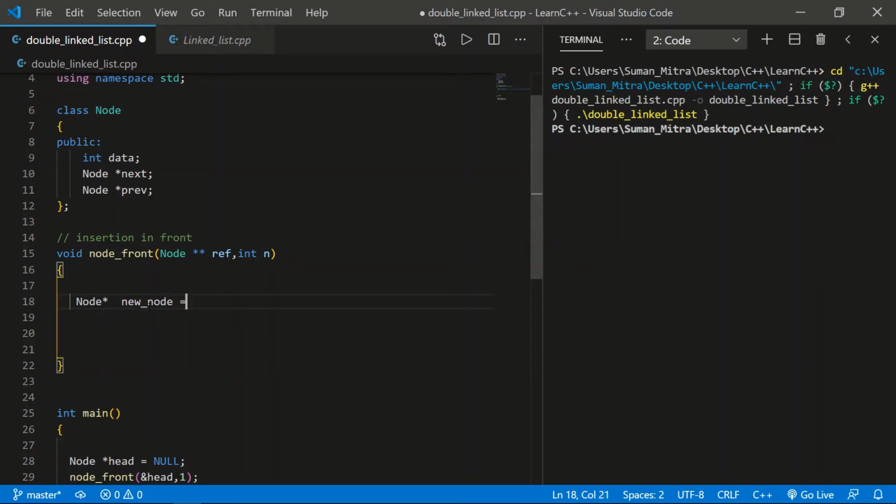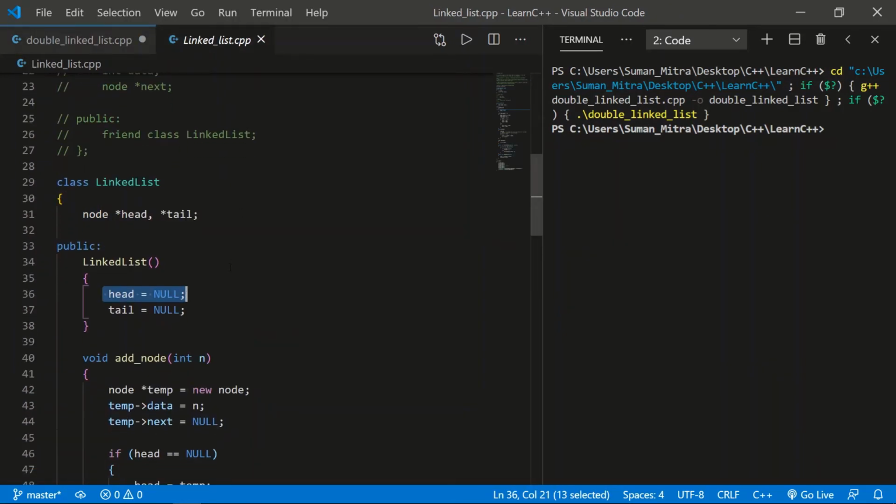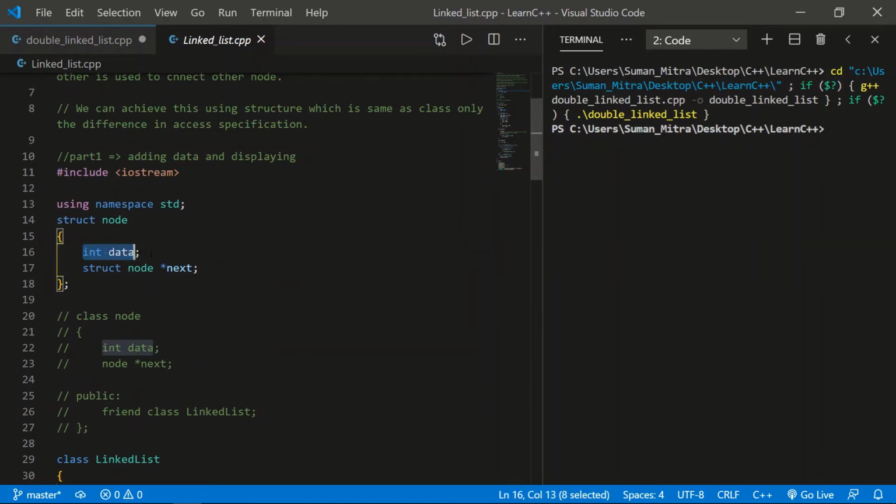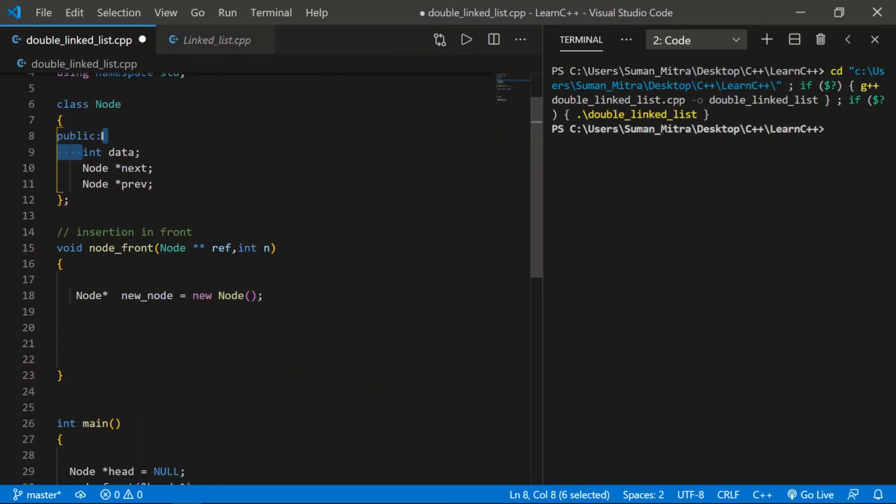We'll just write new node. You can name it anything. Just for better understanding, I'm writing new node, and we'll create it with dynamic memory allocation. Okay, now one new node is created. Now we want to put a value inside it. It should contain data. It can be any type or different data types like character, string, and all that. It's up to you. We are taking the example of integer data because we have done this in the previous video. As you can see here also we took integer type data, so I wanted it to be the same so that you understand in a better way.